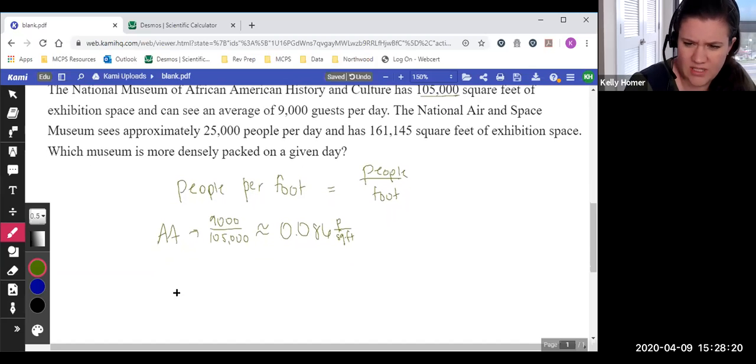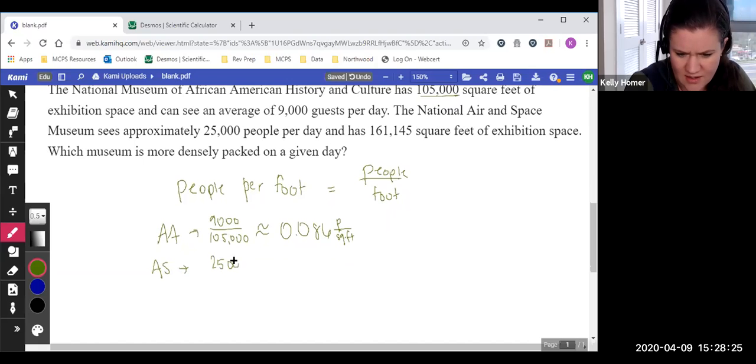Okay, now we need the National Air and Space Museum, which sees 25,000 people per day on average,